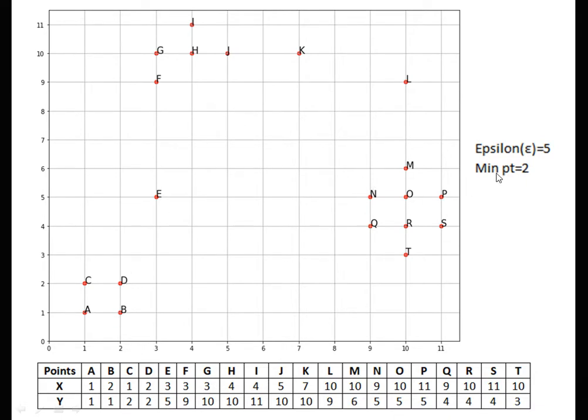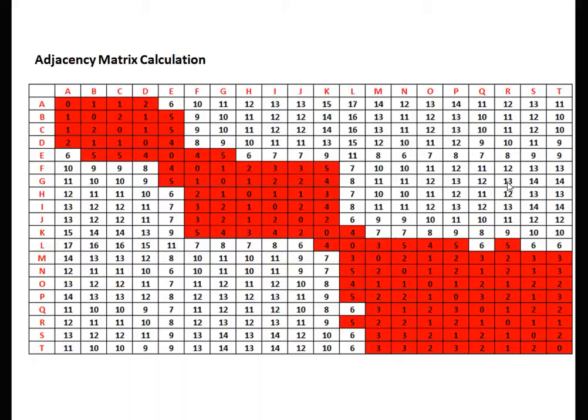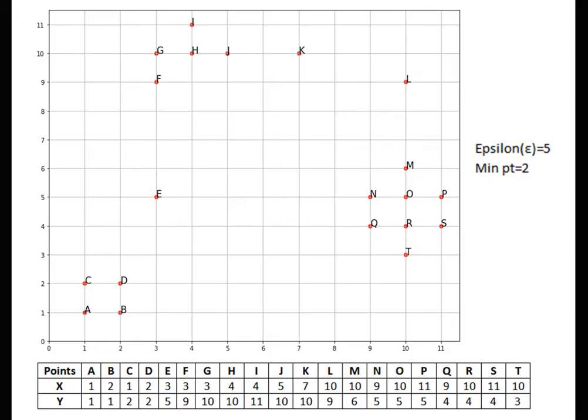For this example, minimum points 2 are considered and epsilon of 5 is taken. That is, a point can become a core if it has only one point within the neighborhood of 5 mm, because the minimum points are 2. So including that point, only one more point is required to form a cluster. For this problem, for simplicity, I consider the absolute distance instead of the Euclidean distance. But when we solve the problem or implement the algorithm, we can easily take the Euclidean distance.